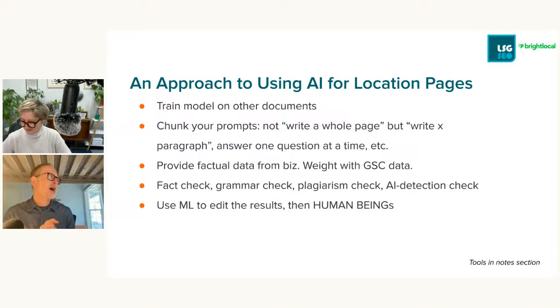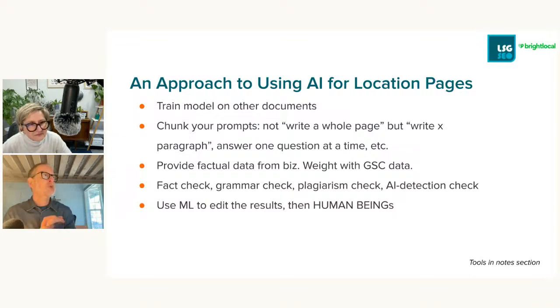We train the AI, just think like ChatGPT or something, on well-ranked pages for whatever we're trying to rank for. We basically don't try to write the whole page. We try to write sentences or paragraphs. If you've tried prompting an AI to write stuff, you'll do much better with very finite small prompts. So if you're going to write 4 paragraphs, do that in 4 prompts at least. Don't try to do it all at once.